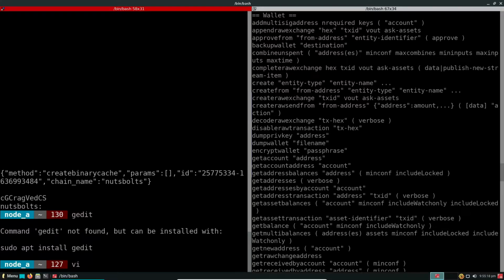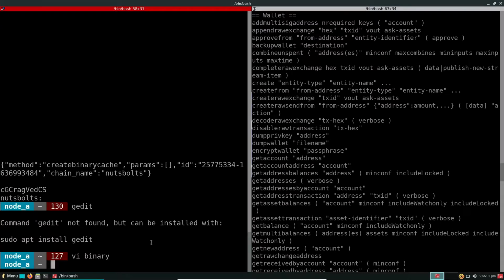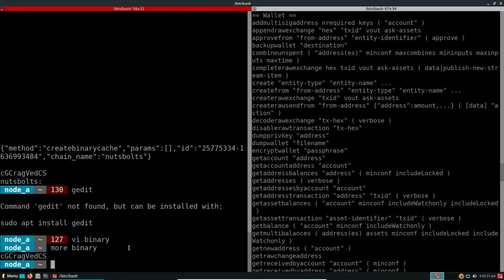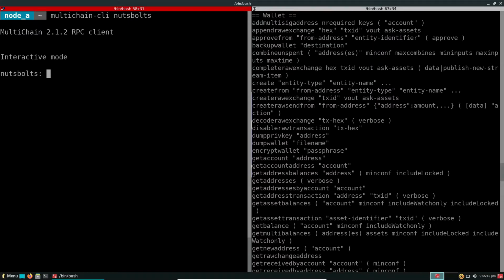So vi binary will create, and we'll just save it here. Okay. So more binary, yeah. So this is the binary cache, and we'll go again into the interface mode. So we have come back to the interface mode.